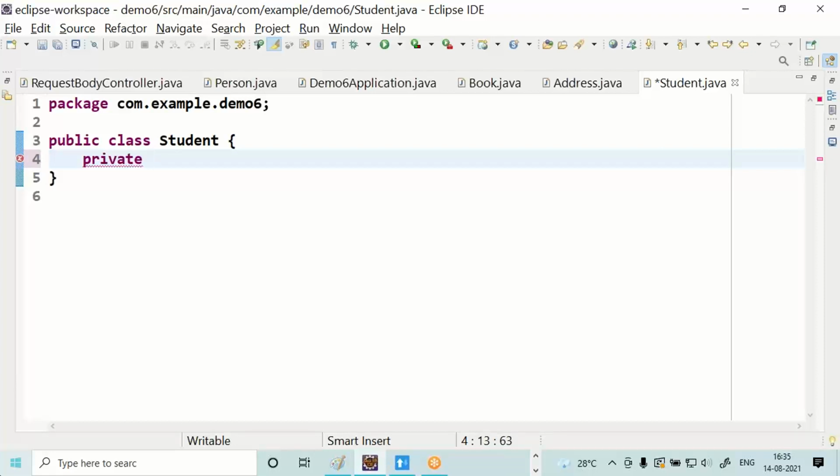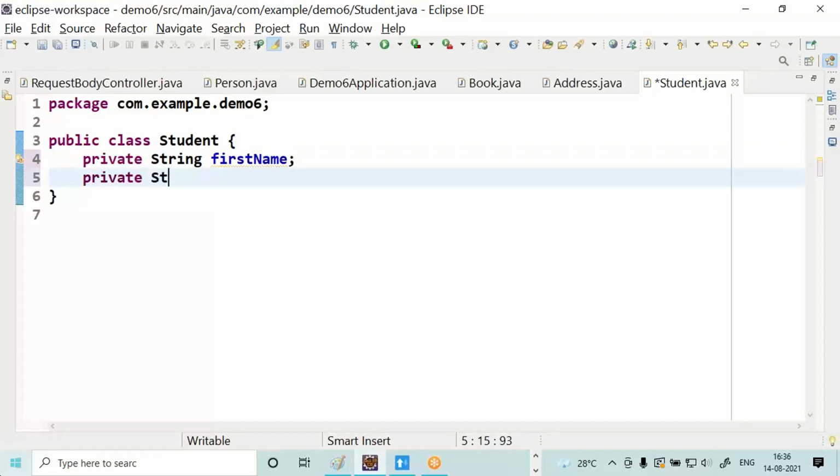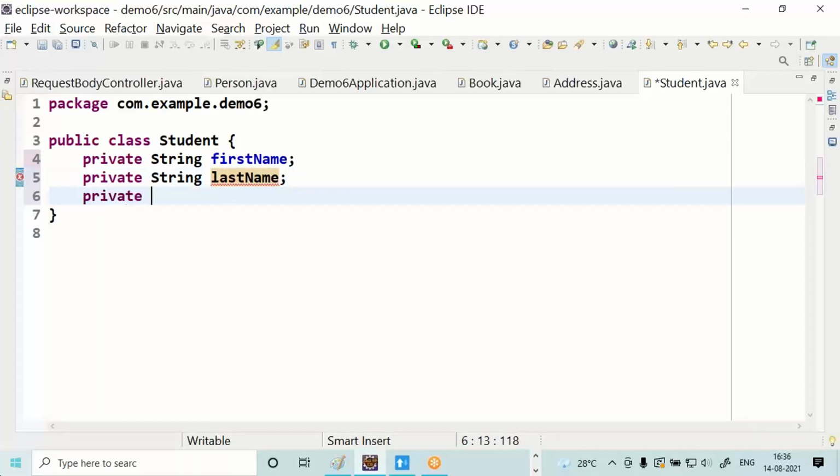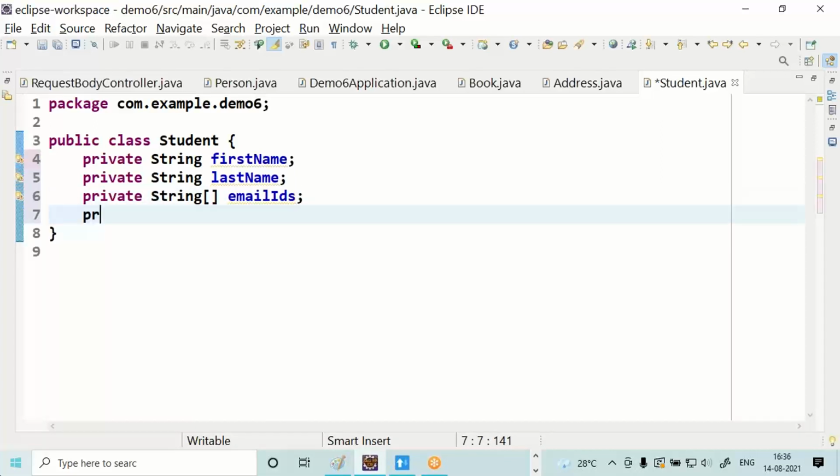Student class: first name, last name, string array for email IDs, and an array list.